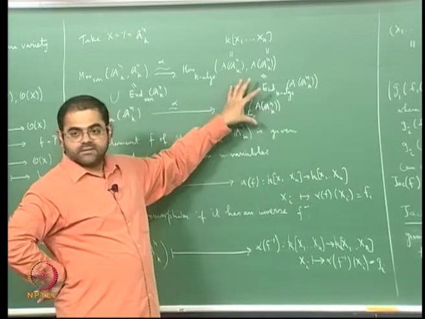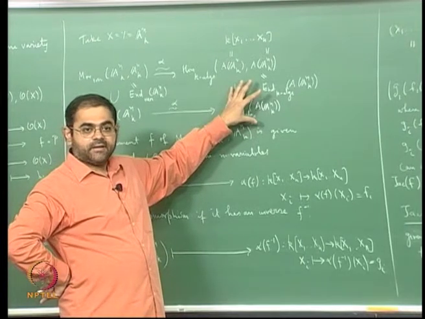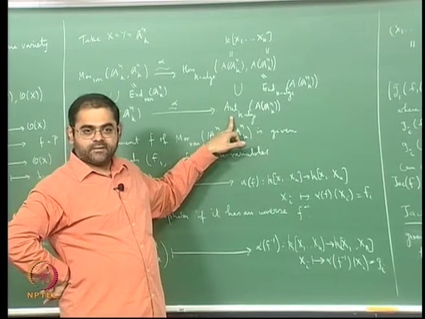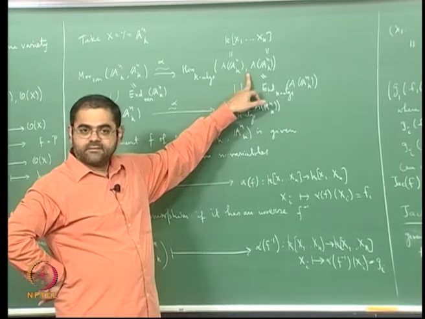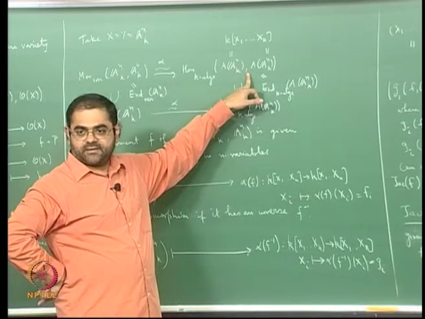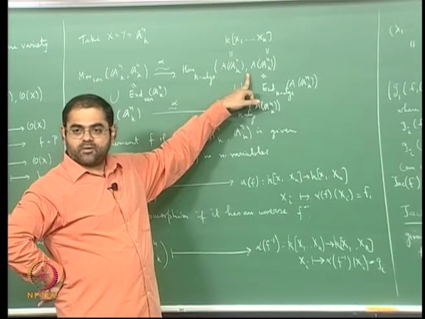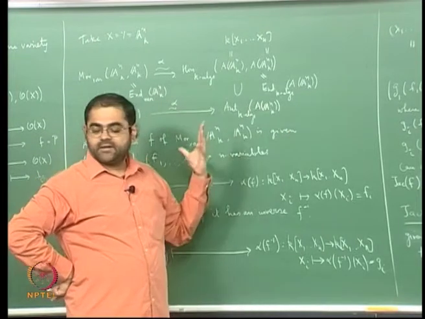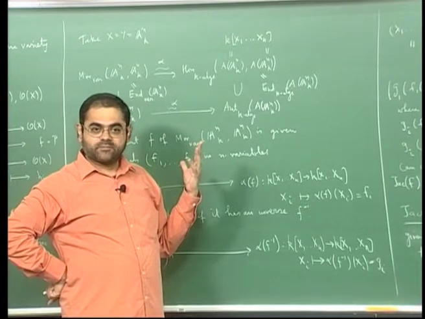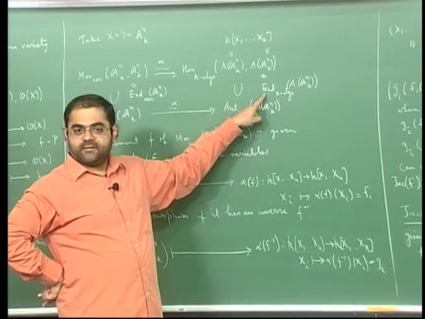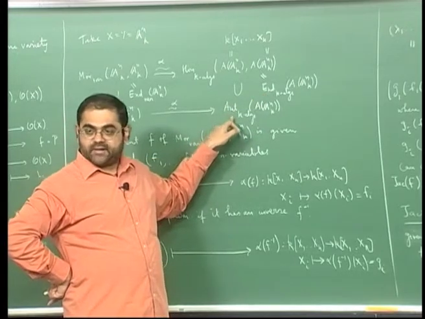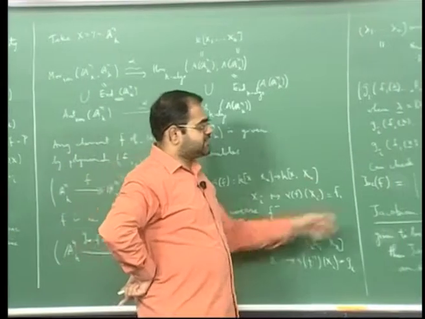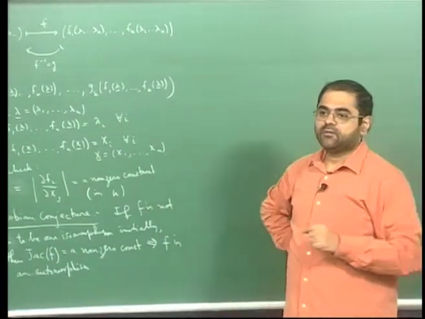whether, if you take the inverse image, it will be exactly this. That is the question. Namely, if you give me n polynomials for which the Jacobian determinant is a non-zero constant, do those n polynomials actually correspond to an automorphism? So the question is whether the inverse image of the non-zero constants under the Jacobian determinant map from this endomorphism set is exactly this. We know it contains this, but what is required is to show that it is exactly this. That is the Jacobian conjecture, and the beautiful thing is that even for k equal to the complex numbers and